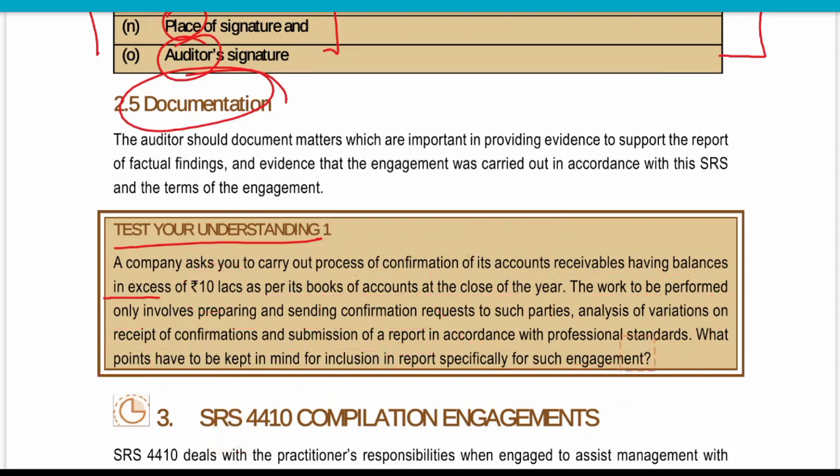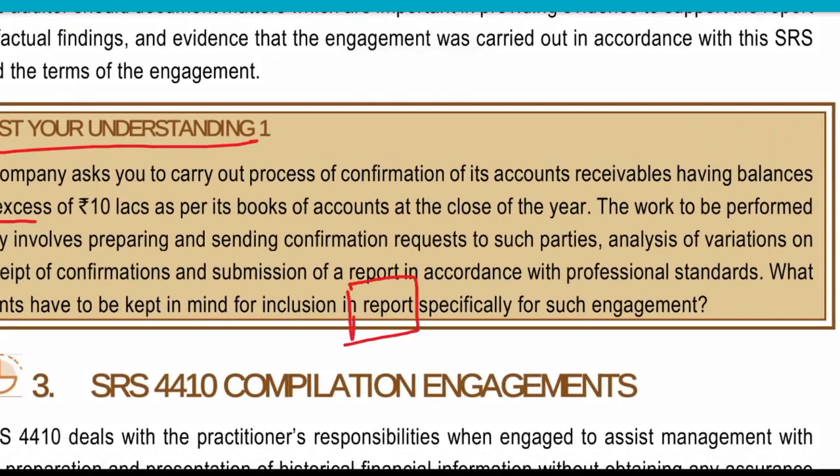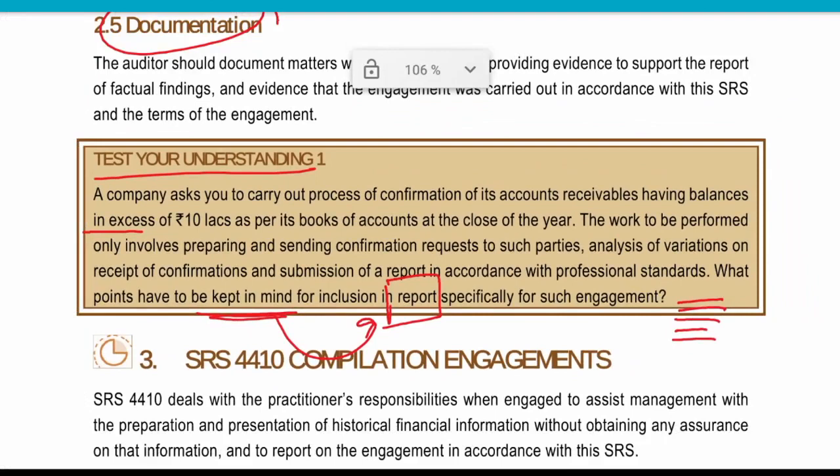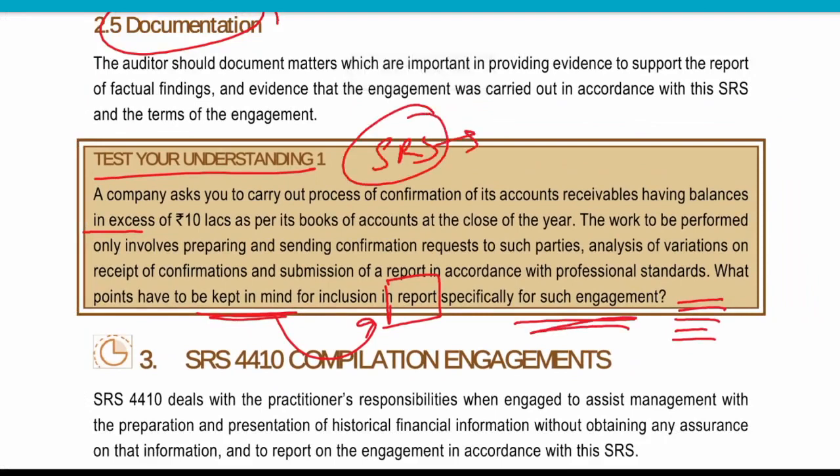Now, say it is a question about reporting. Okay, what things do you keep in mind to include in the report? That means you need to write down all the points in the report that you need to mention in this particular engagement. So you need to find out that, okay, it is related with SRS. In SRS, it is related with the agreed upon procedures because you are agreeing this thing. Then also you can mention the whole of the procedures that, okay, we will do the engagement, or you can also be very specific related to reports only. Is it clear, guys? Are you able to understand the question and the answer?